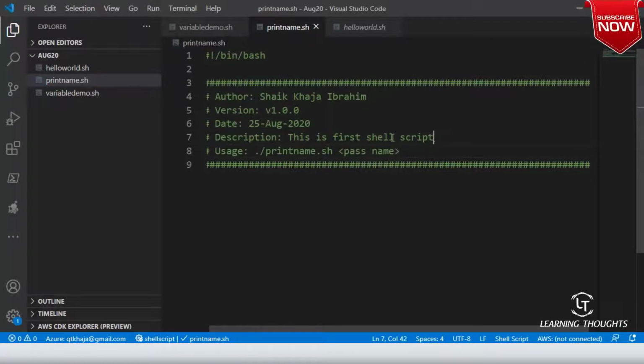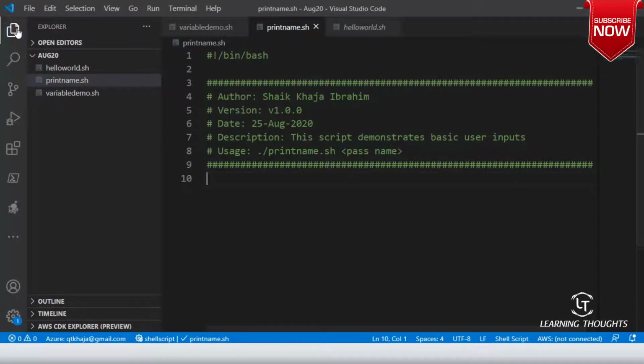Okay. So this script demonstrates user inputs, or basic user inputs.